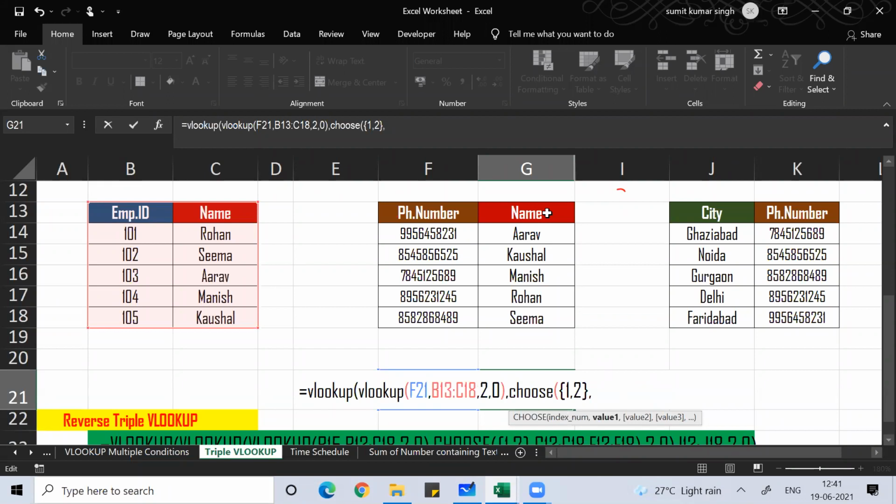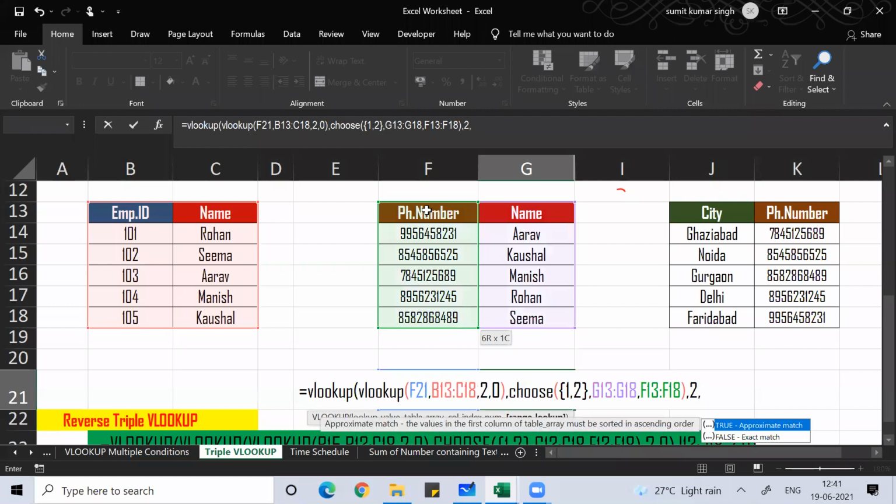What is 1? 1 is your name, comma, column 2 is the phone number. Close this. Then the column index number is 2, because I want the phone number, comma 0, close bracket. So I'll get the phone number of the concerned person.